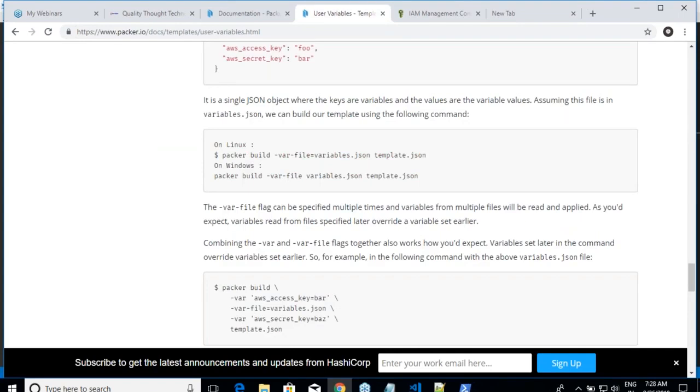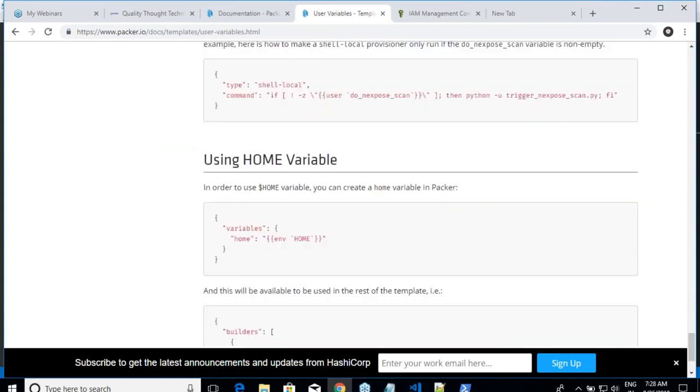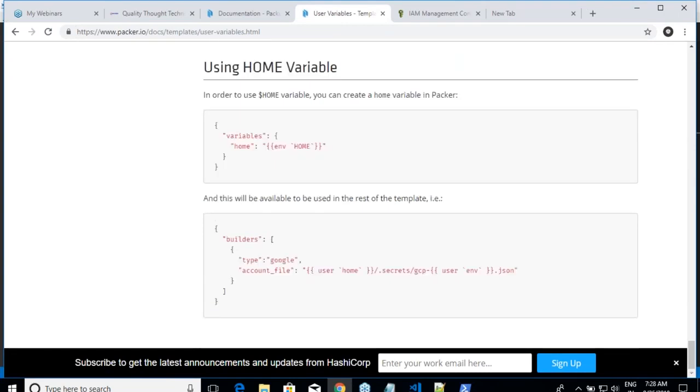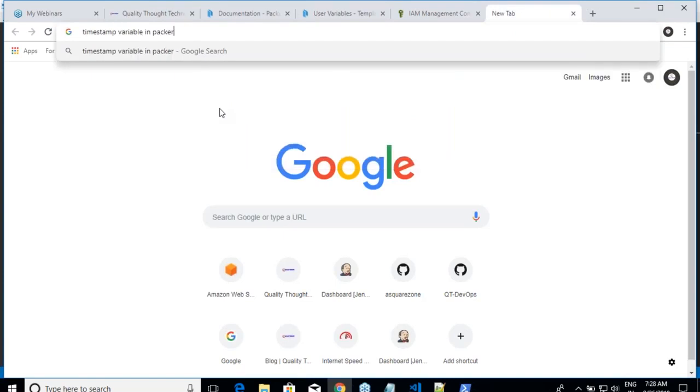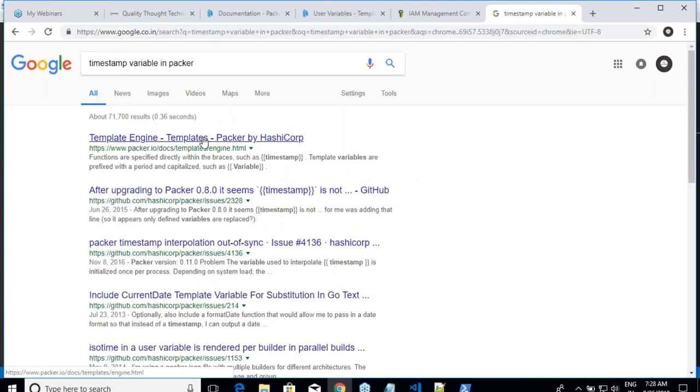It's okay, man. I'll directly search timestamp variable in. Are you seeing? You can use this timestamp.